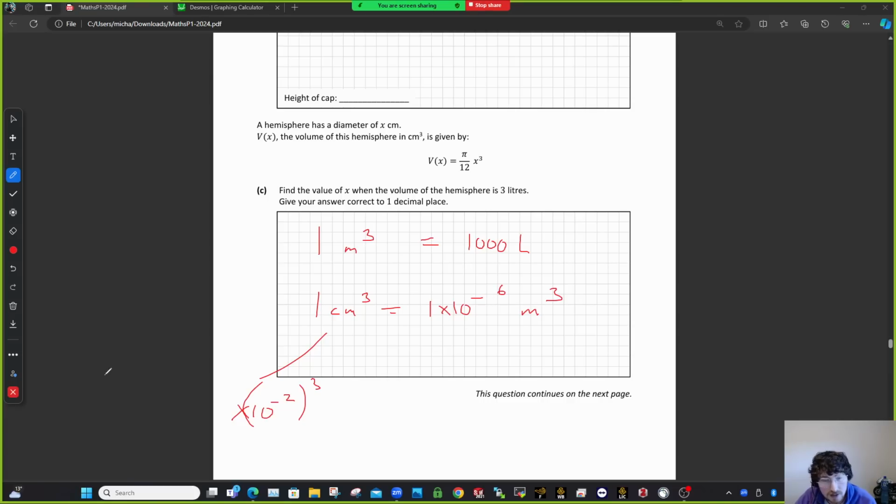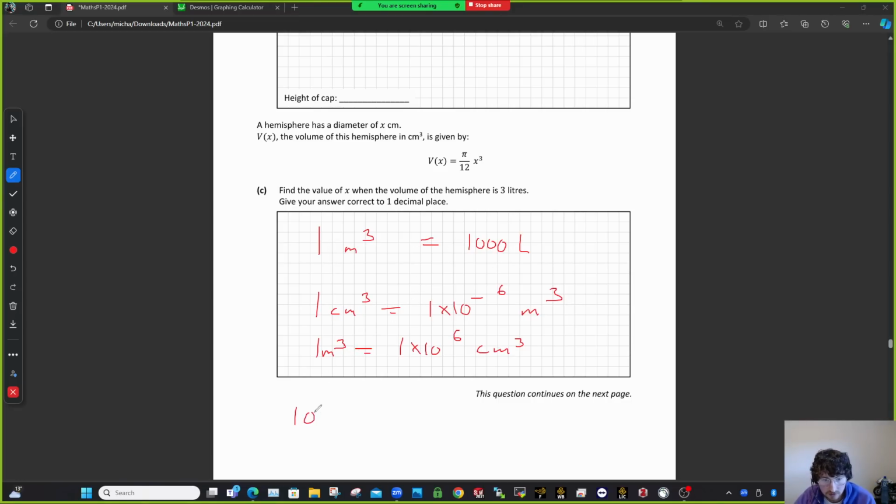So that's where the 10 to the minus 6 comes from. So that's why that's a very, very small number. A centimeter cubed is only a little cube, and that's why it's such a small amount of a big cube. Right. What we need then to realize is that 1 meter cubed is equal to 1 by 10 to the 6 centimeters cubed. So there's 1,000,000 centimeters cubed in a meter cubed, which is then 1 meter cubed is